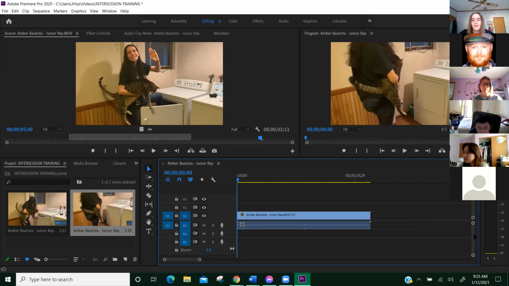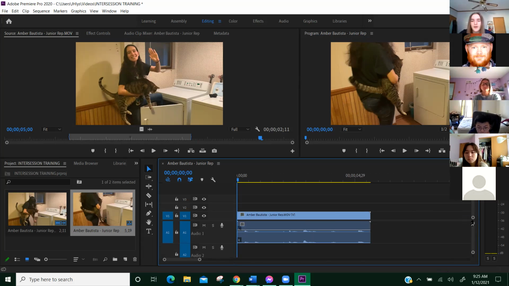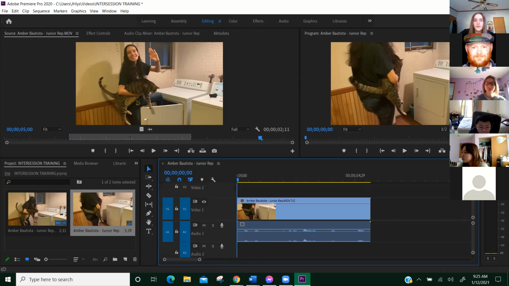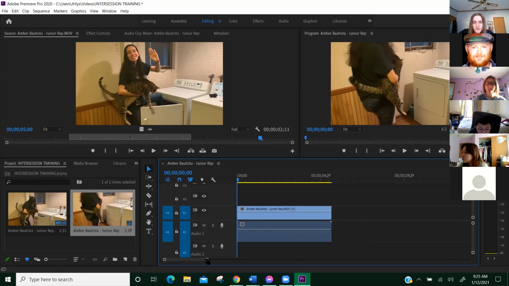The same functionality goes for these two sidebars. You could extend and make your audio look big so you could see all the peaks and valleys. Or you can make your video look big and you can see, I don't know, just the thumbnails. But yeah, let me just fix these to look like how they usually look. Okay, so